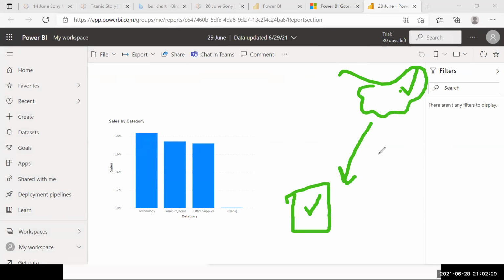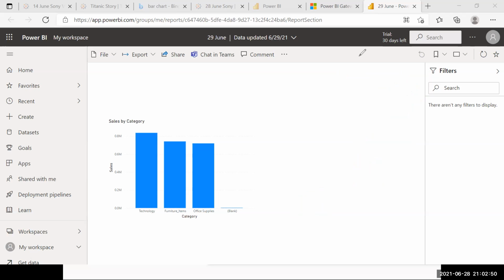For that we need a gateway connection, which is what we have installed. The gateway will help the Power BI service cloud interact with your local system to update or refresh the data. So publishing will happen, and this will help in refreshing the datasets for us. Okay.